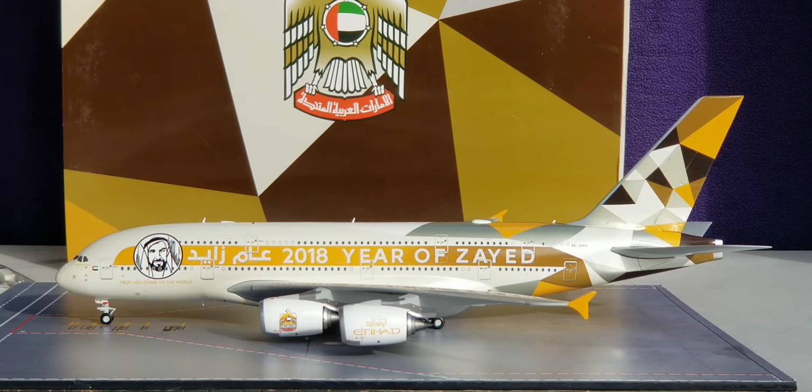Then fast forward to April 30th, 2018, and that's when Etihad Airways decided to unveil a specially designed Airbus A380 aircraft, which bore the registration ship number A6-APH, which happened to be this aircraft you're looking at here, that features the 2018 Year of Zayed billboard title displayed on the fuselage of the aircraft at a special unveiling ceremony that was held at the Etihad Airways engineering facility, which is located on the grounds of Abu Dhabi International Airport in Abu Dhabi, United Arab Emirates,